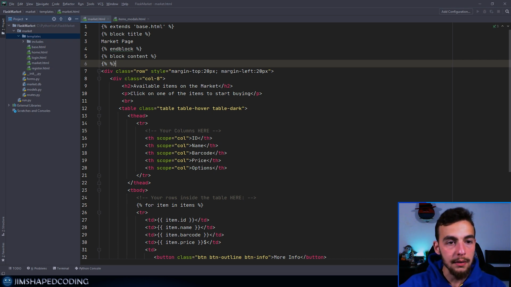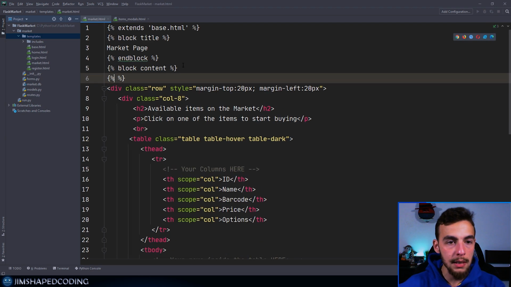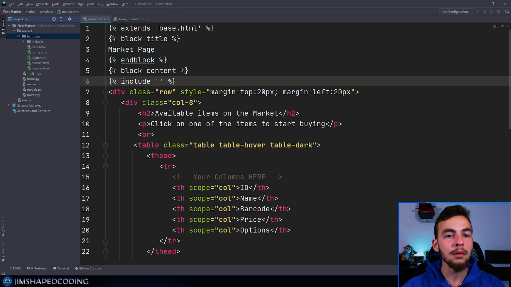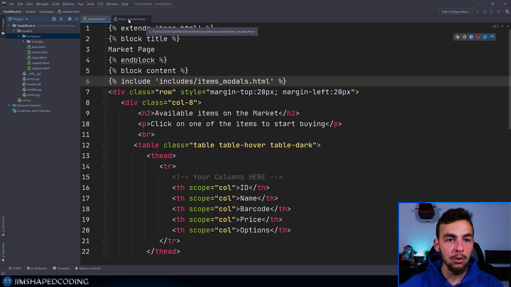Now we could say something like the following. So I will zoom in a little bit, and we could say include, and we will open a single quote here, and then we want to give the location of that HTML file that we'd like to include. So it is going to be includes/items_modals.html, like that. Okay, so once we have done this, then it is basically going to use the code from here and locate it inside